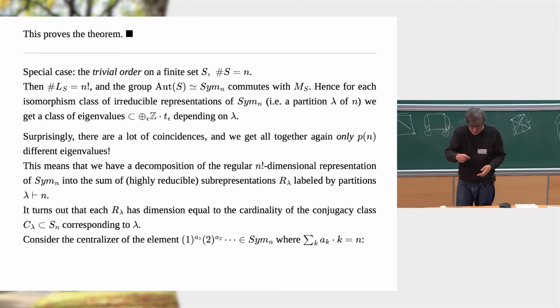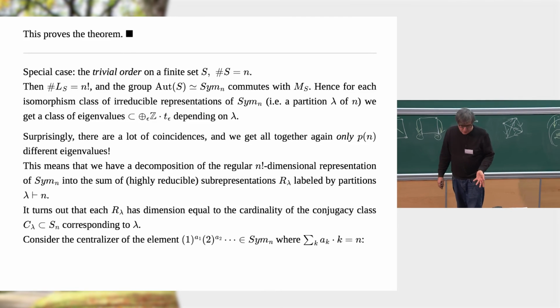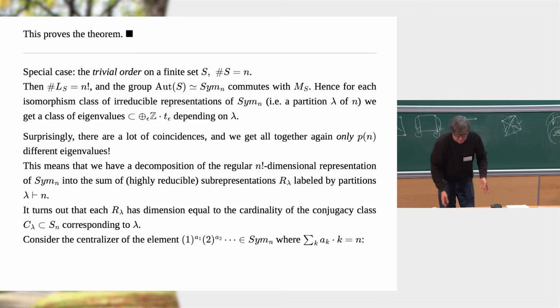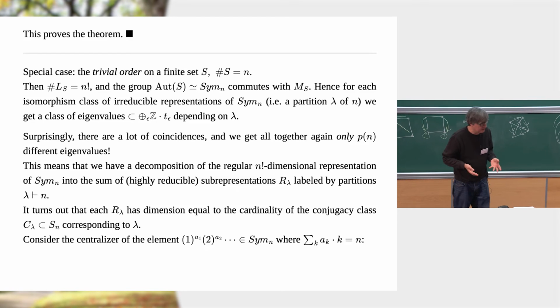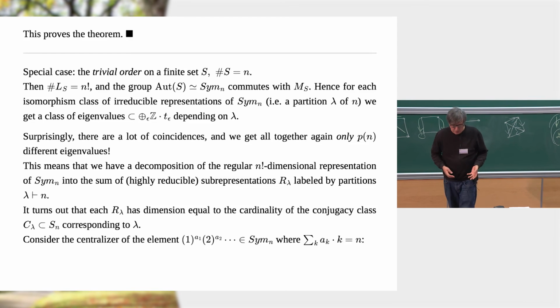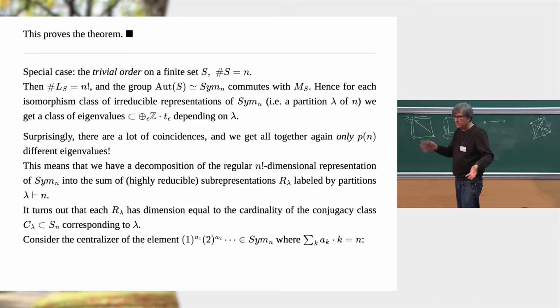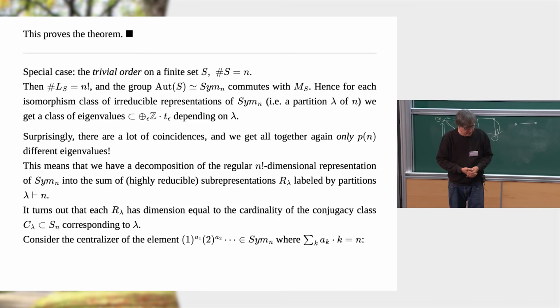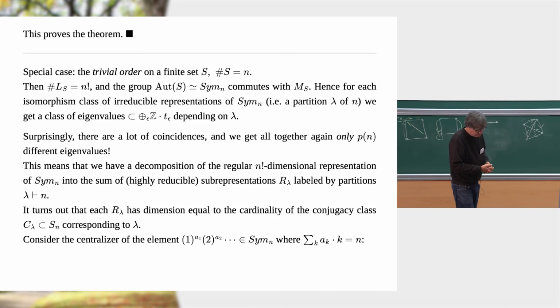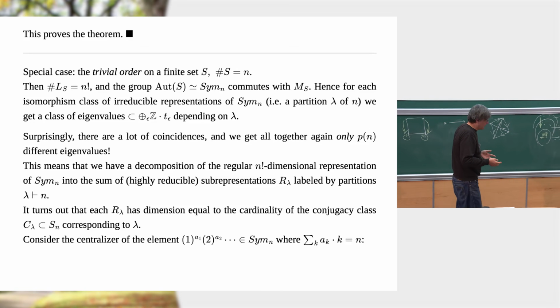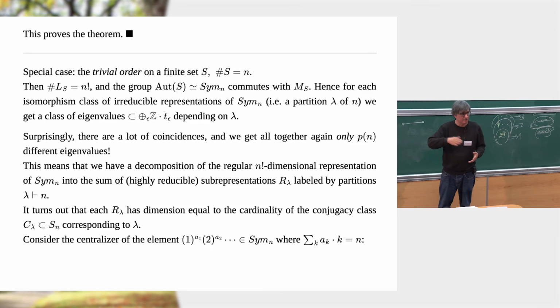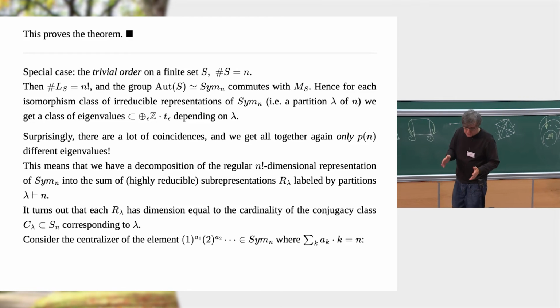No two elements are comparable. Then any ordering is a total ordering for this trivial order, giving factorially many orderings, and the automorphism group of the set acts on this and commutes with the whole story. So you see that my operators commute with the action of the symmetric group, and what we get is the regular representation of the symmetric group and some operator commuting with the regular representation. So it acts on some